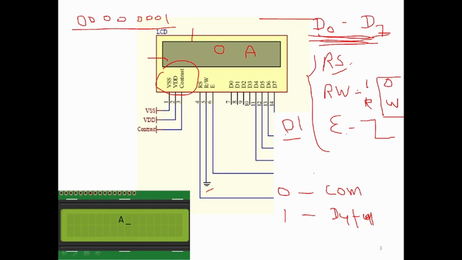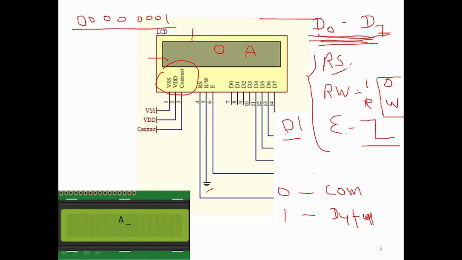But whenever I put them on these data pins, the LCD will not be configured immediately, only after detecting this pulse will the LCD fetch this data into its controller. So this pulse is a must after each writing operation or reading operation; the enable pulse should go from high to low.